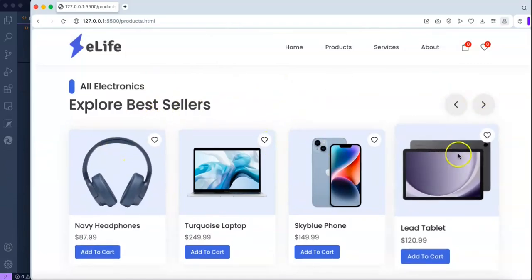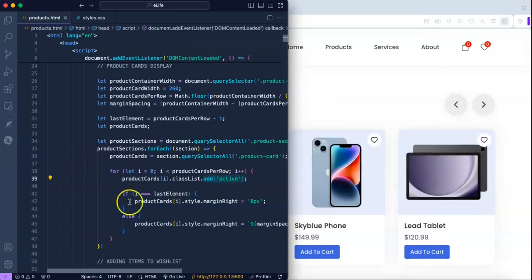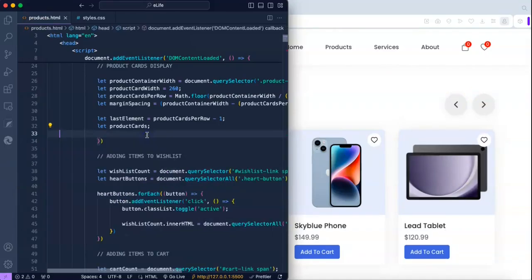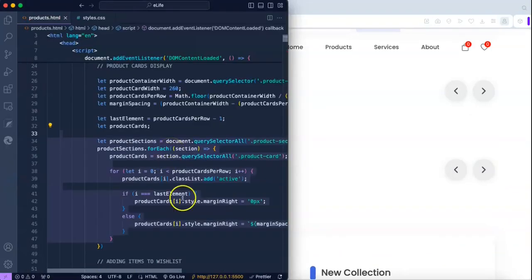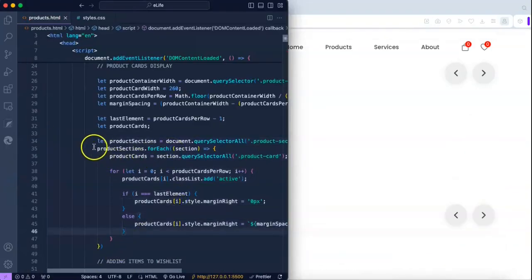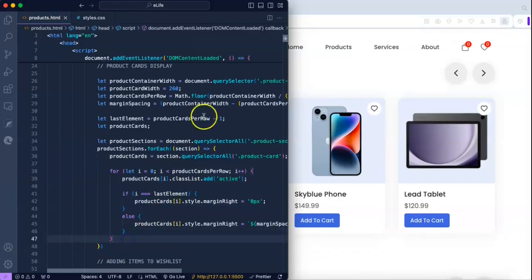They see the first range of product cards. Without this loop, we wouldn't see any product cards at all. So this is a very vital function. So in this product section, we're going to be creating an array, but we're going to be creating the array